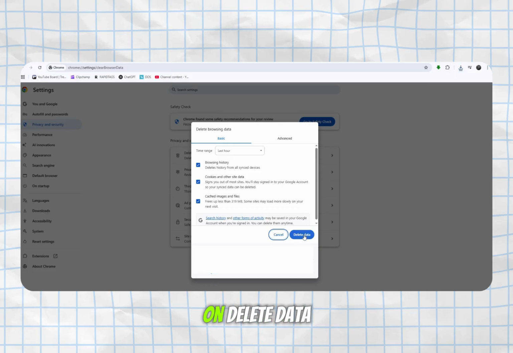Now, before clicking on Delete Data, ensure that all of the login credentials that you have from this browser are already memorized, or take down notes, because once you hit on this option here, you will be automatically logged out of all the websites that you have visited that need your credentials to log in. So those are the things that you can do for you to be able to fix the unable to open